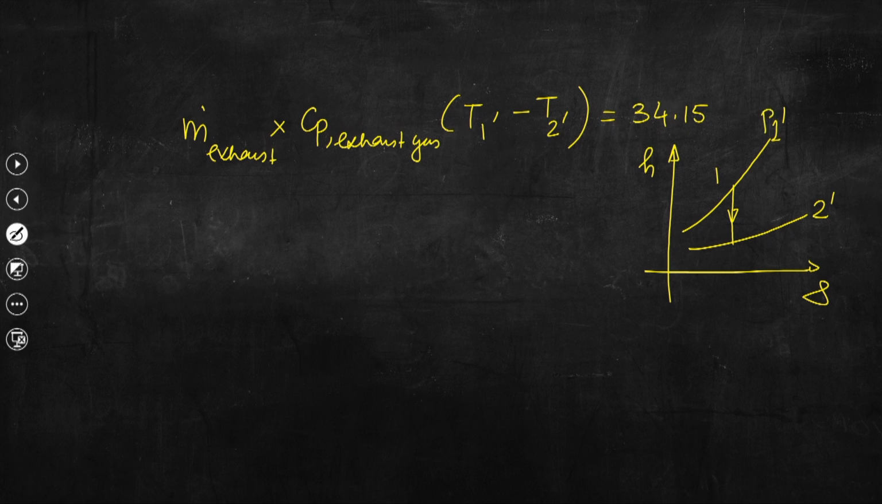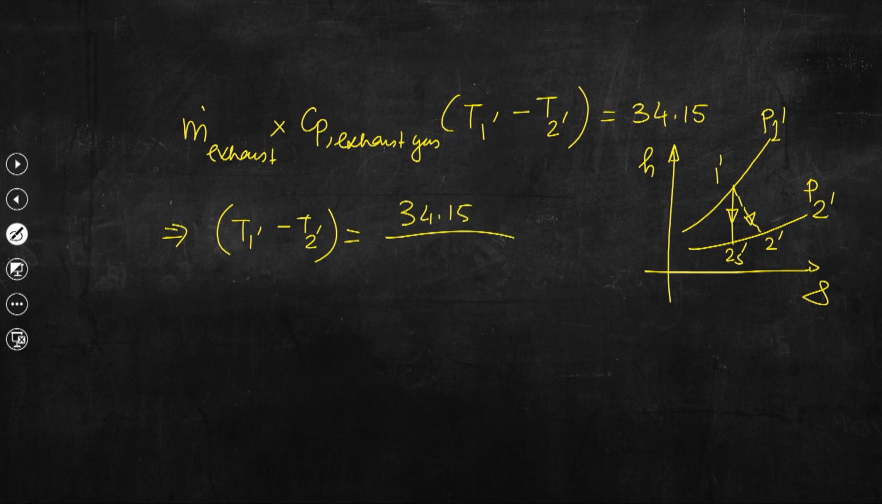So, this is P1 prime, this is P2 prime, this is 1 prime. This is isentropic expansion while this is actual expansion. We are going to consider the actual one because frictional losses will be there. So, this is the expression. Now, from here we can calculate easily that T1 prime minus T2 prime would be equal to